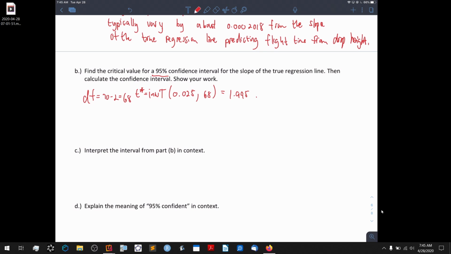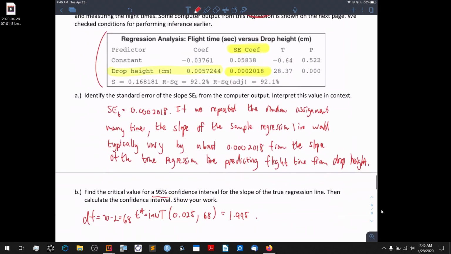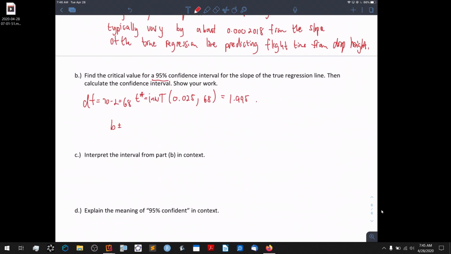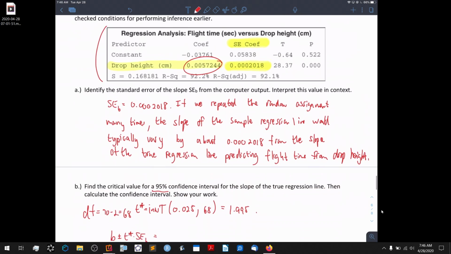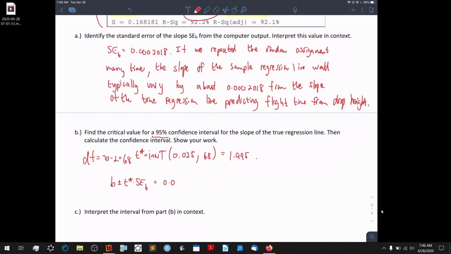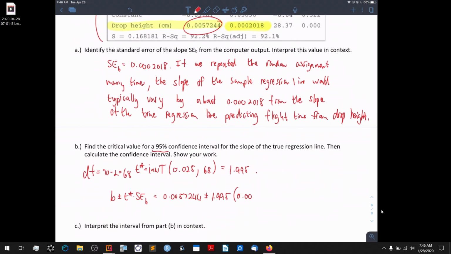And then calculate the interval. All right, calculate the interval. So let's do that using this little formula here, okay? So I have b plus or minus t star times the standard error of the slope, okay? And that is 0.0057244 plus or minus 1.995 times the standard error of the slope, which is this thing right here. Okay, and if you do that calculation,